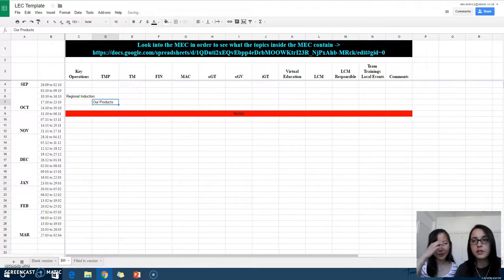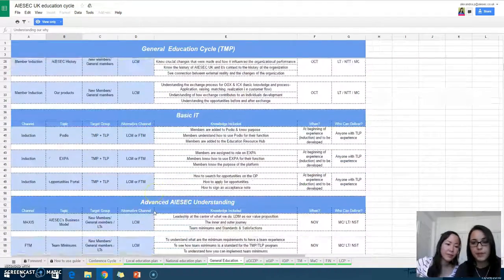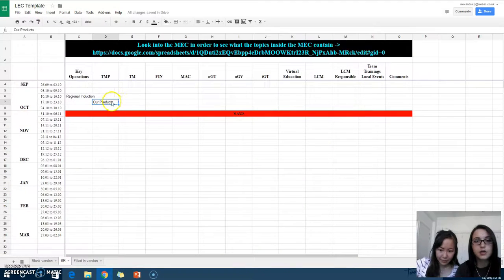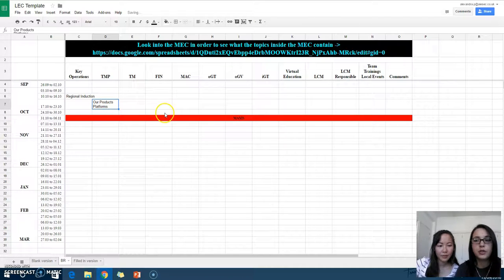You can check all the other topics as well, and see that at the beginning of experience, you can also present them the platforms, because these are not in the regional induction either. So our products, platforms like Expa and Podio and everything they're going to use. So this is the general thing.